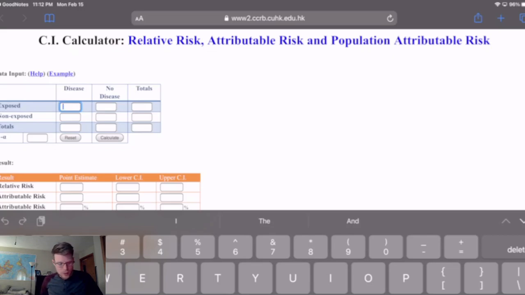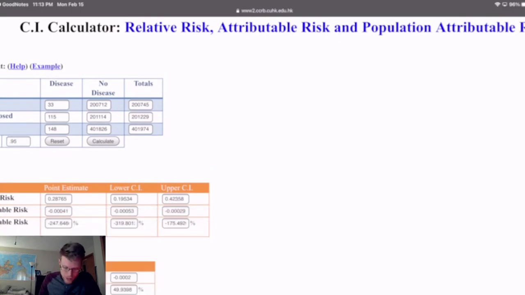So in this case, we had the Salk vaccine. We had 33 who got polio and 200,712 who did not. And then we also had 115 in the placebo group who had it, and 114 who did not. And I'm going to do a 95% confidence interval, so I'm going to do 0.95 in that box. And then if I calculate this out, I'm going to get